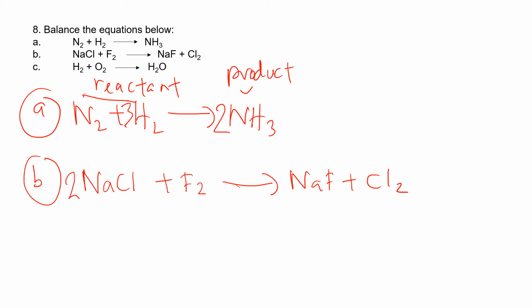So you put 2 here and then 2 Na, then we put 2 here in the product. So 2 Na, 2 Cl and 2 F2. Okay, so this one is the balanced equation for B. And C,